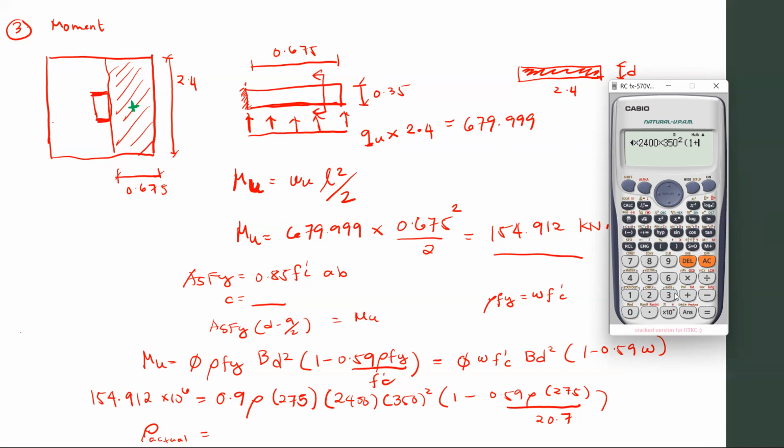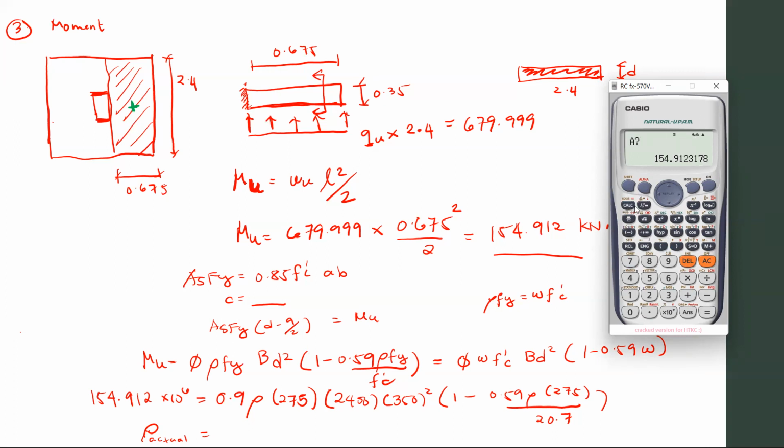Quantity 1 minus 0.59 rho Fy, okay, rho Fy, which is 275, times 275 divided by 20.7, which is equals to